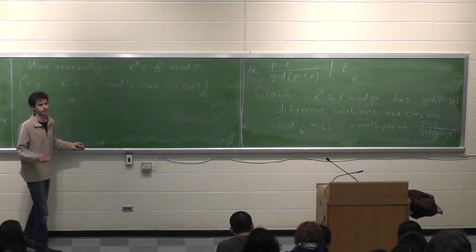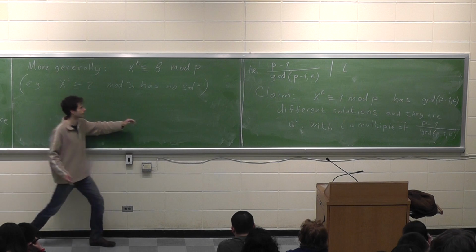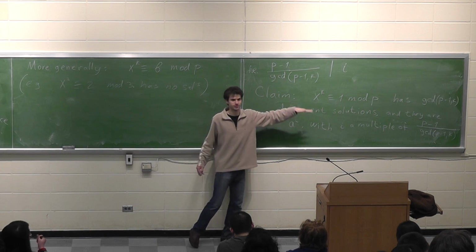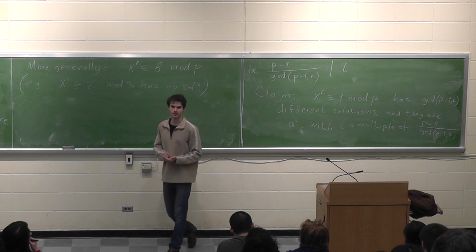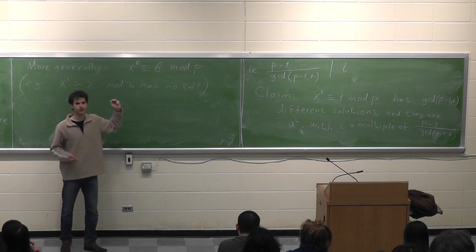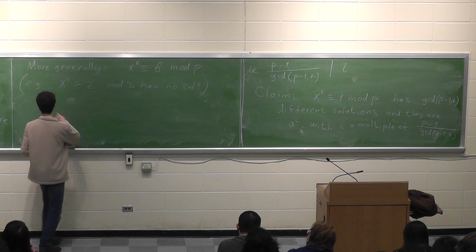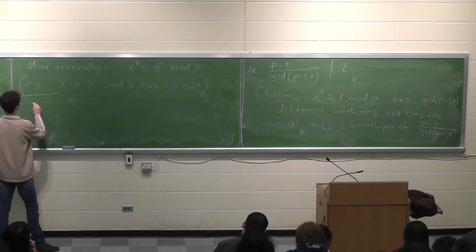But of course it could have solutions. X squared is equal to 1, modulo 3 does have solutions. And we know that when b is equal to 1, we can count the number of solutions. So what happens for other values of b? Well, let me suppose that there is at least one solution. Can we describe all others? So suppose